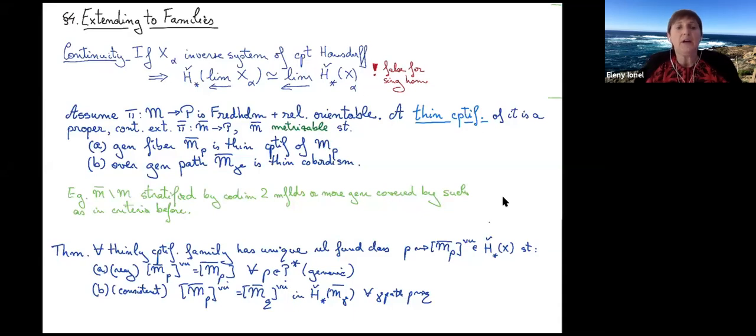so we don't get into further, unnecessary trouble. And of course, a typical example is the situation where this compactification minus the top stratum is stratified by codimension two manifolds, or more generally covered by such, as in the criteria before. Okay, so these are our typical examples where we have such a thinly compactified family, and specifically the main result is that any such thinly compactified family has a unique, we call it relative fundamental class, that associates to every single point in the parameter space a fundamental class in the Cech homology of the fiber, M P bar, such that